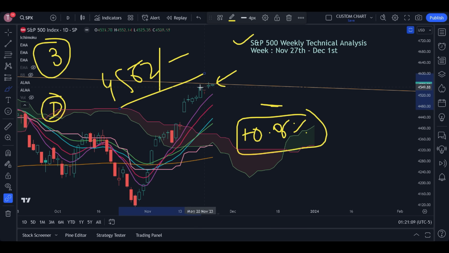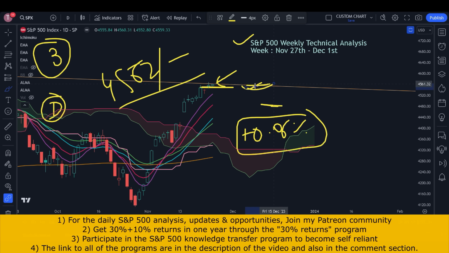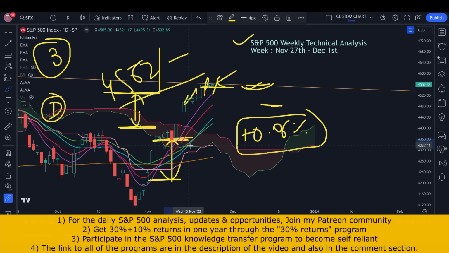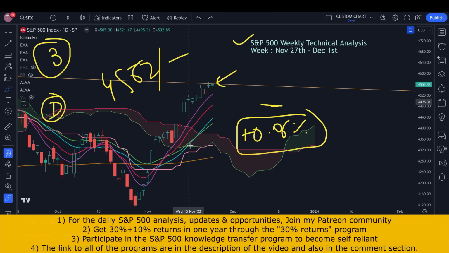Downward movement will also be very limited, unless... there is a small zone. Unless the S&P 500 gives up the zone, there won't be any fall. This means that for the entire day, the S&P 500 will keep trading between these two levels, just like the previous ones. So we knew these are the two levels between which the S&P 500 will keep trading for the entire day.